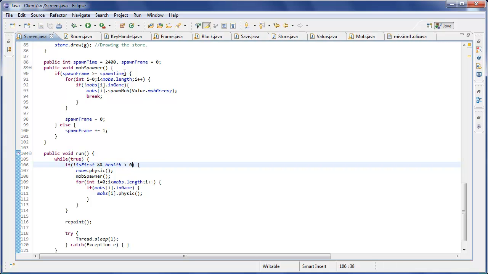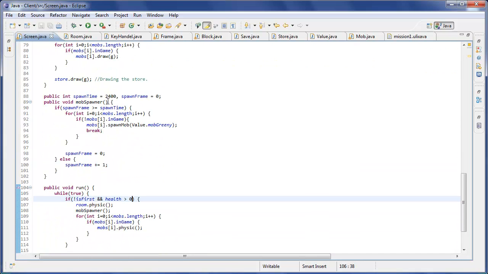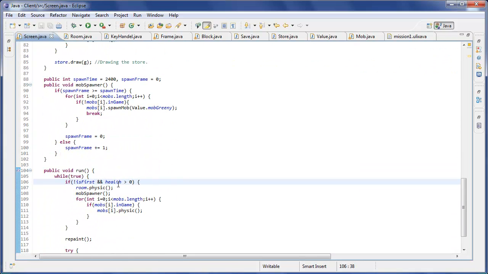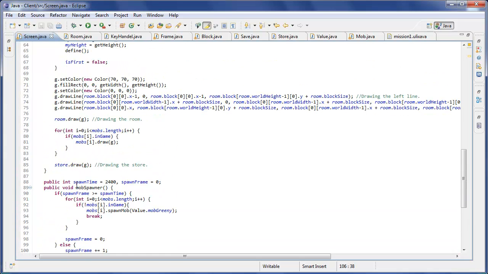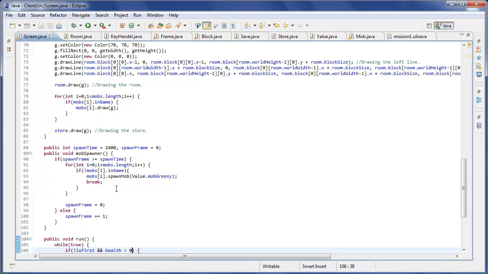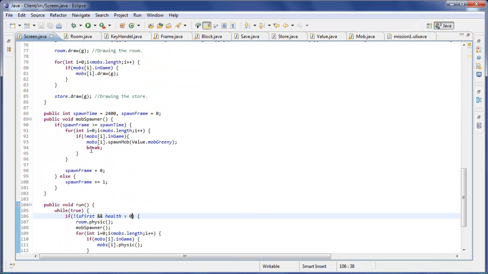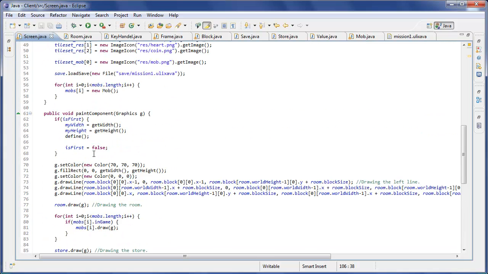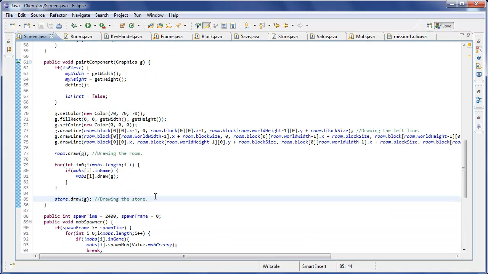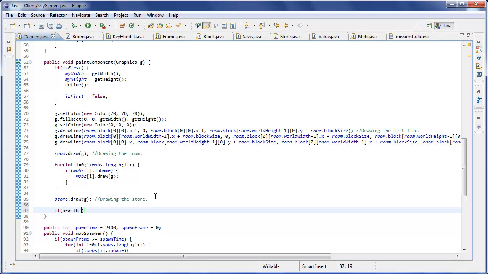As you can see right there. Basically, if health is less than 1,